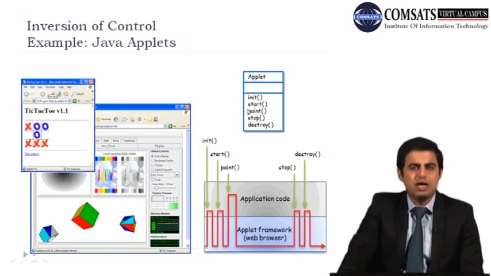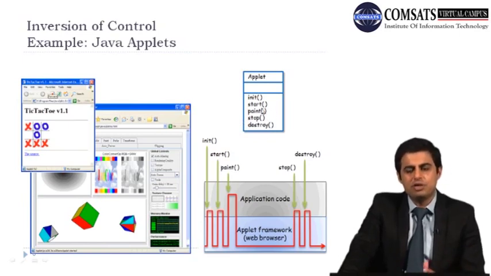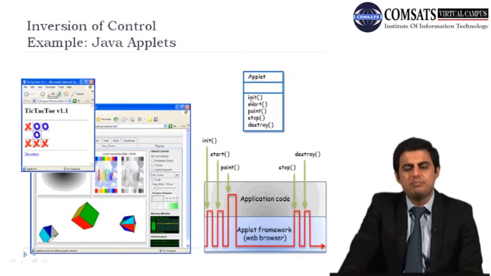Now you can also customize them by overriding them and by adding new functionalities to them, or if you want to change the functionality which these methods have got, you have got the capability to do that as well. And there is this initialization method which runs in the beginning when that applet is initializing. So if you look at it, this is a typical example of the working of an applet framework, and it is basically for web browsers, and it generates different kinds of code for you.